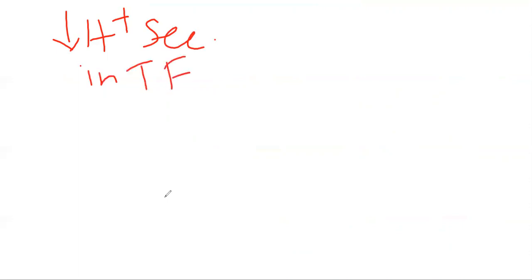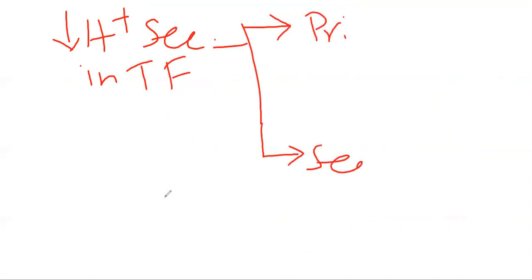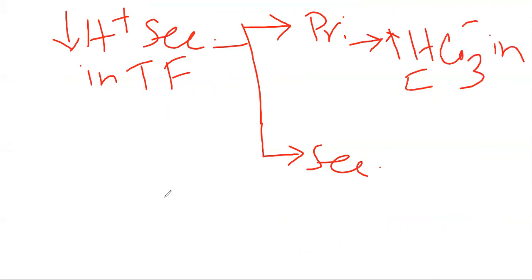Next, we will discuss the factors that will help to decrease hydrogen ion secretion in the tubular fluid. So here again, there are two factors. One is the primary cause and one is the secondary. So primary causes are increased bicarbonate, just the opposite thing, increased bicarbonate in the extracellular fluid, and decrement in the partial pressure of carbon dioxide.